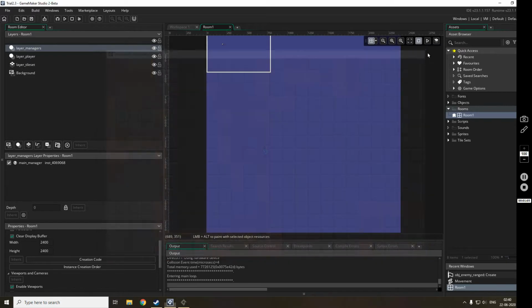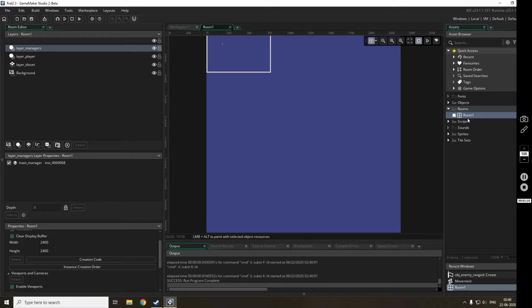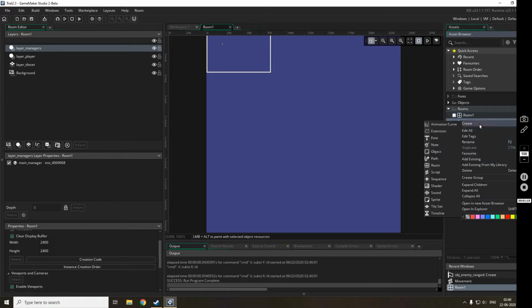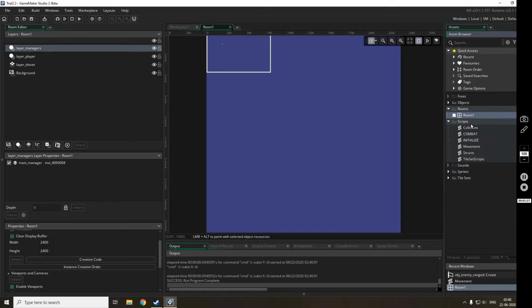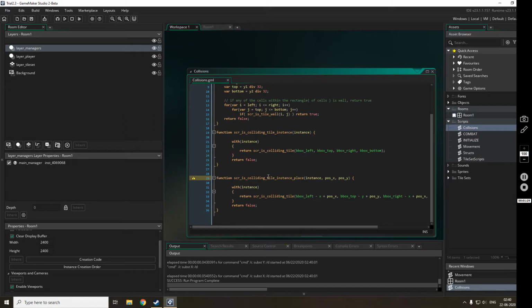Okay, now today we'll be implementing the movement of enemies. There'll be some basic movement as I told. So for that we'll first have to take care of the collisions. Now I will be creating another. Okay, I'll be going into collisions,